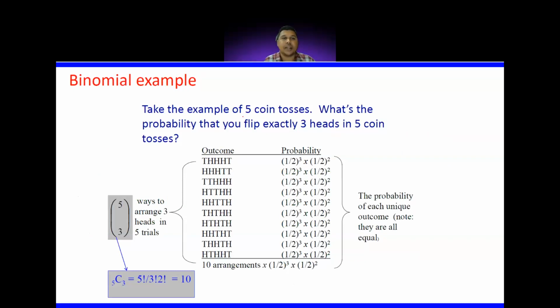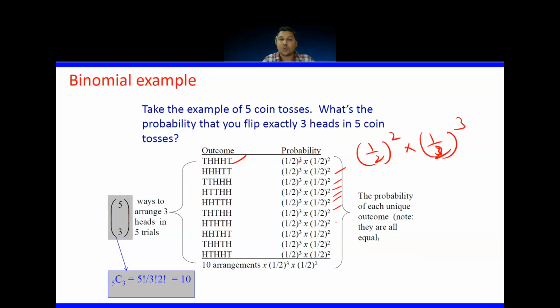So see the example here. Example of 5 coin tosses. What's the probability that you flip exactly 3 heads in 5 coin tosses? I want to get 3 heads. Right. So 3 heads means I can get it something like this: first tail, next 3 times head, then tail, or 3 heads and 2 tails in different fashions as I toss. So I may get these different combinations. Now, what is the probability of getting that? Getting a tail is 1 by 2, so 1 by 2 whole square into 1 by 2 whole cube. Why cube? Because 3 times head.